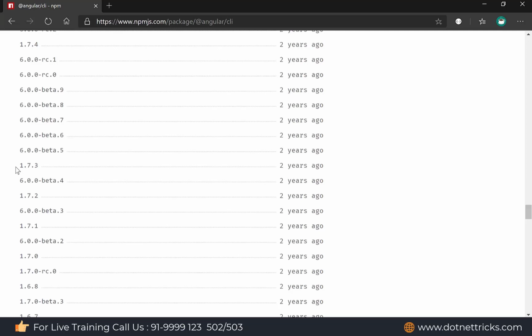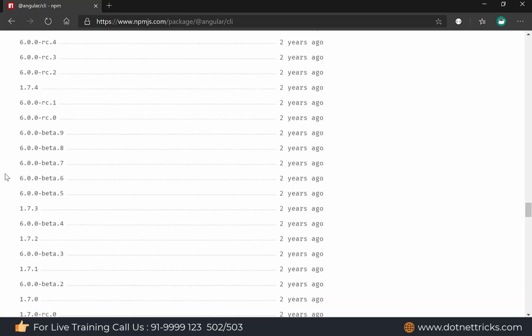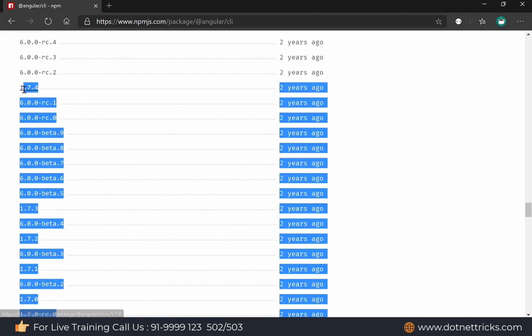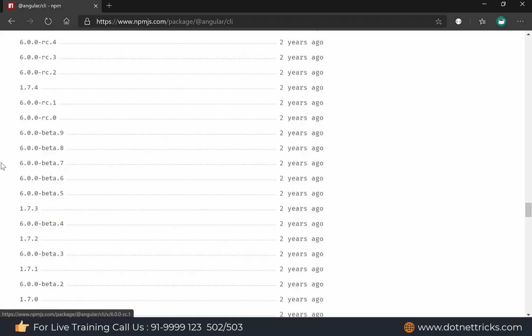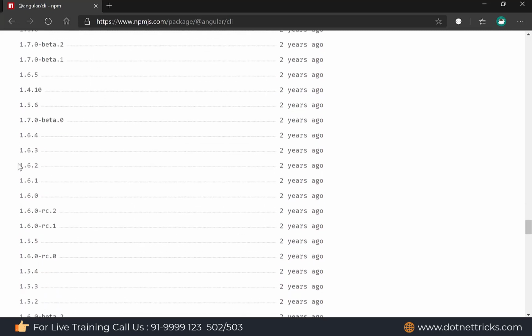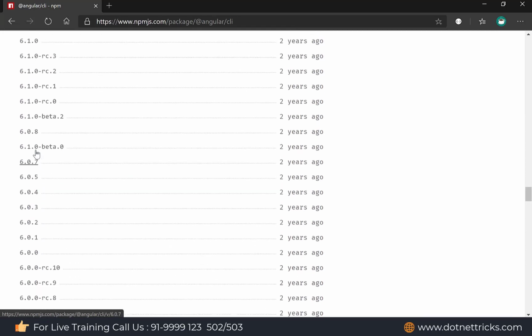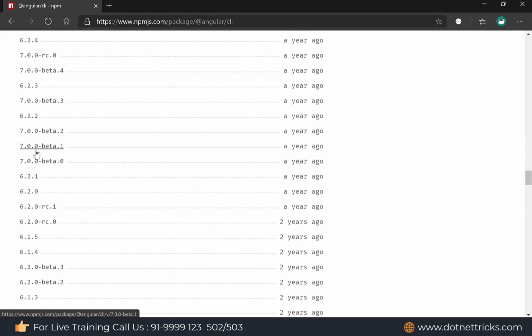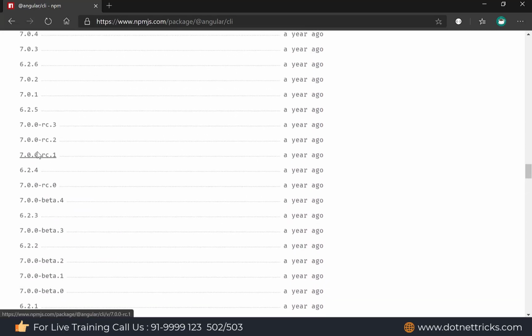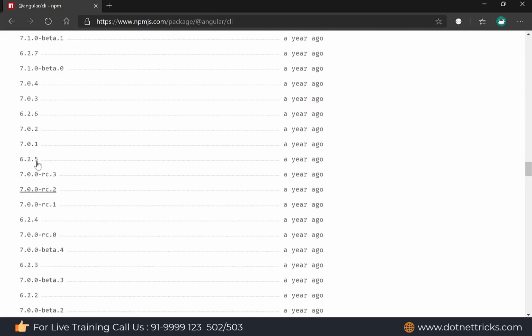At that time we had 1.x. So if you are willing to create an Angular 5 application, you need to install Angular CLI 1.x. But if you are willing to create, let's say, an Angular 4 application, you need to install Angular CLI 1.4, like this. So you can use one of these versions of the Angular CLI to generate that type of Angular application, or you can say to target that particular version of Angular.